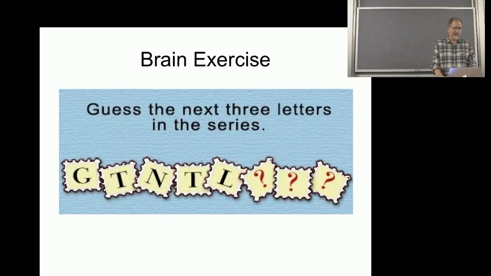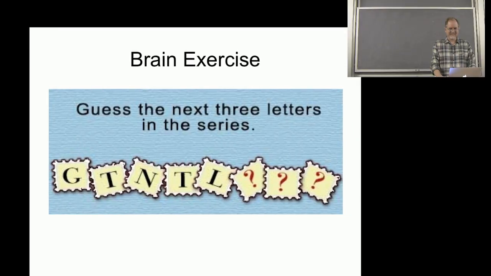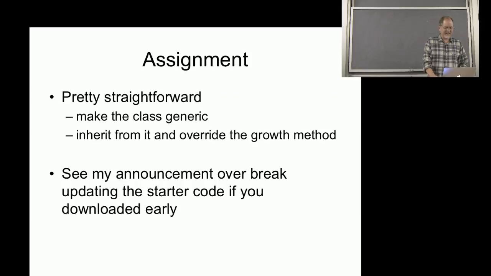Did anyone else have any different answer? Magically come up with something? TUT. What is that? TUT. How'd you say that? TUT, because G is 7 letters from the beginning, N is 14, L is 20, or wait. So you did a bunch of math and came up with some patterns there. Yeah. All right,